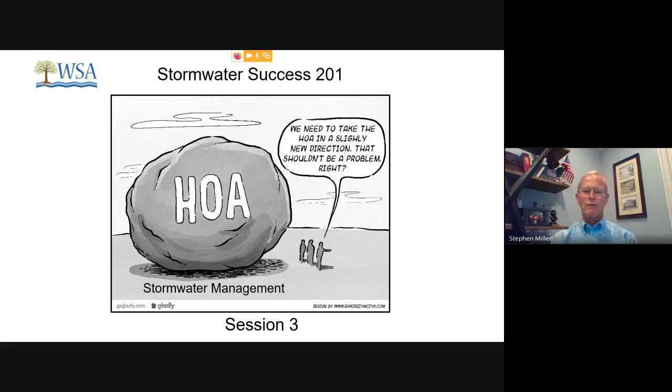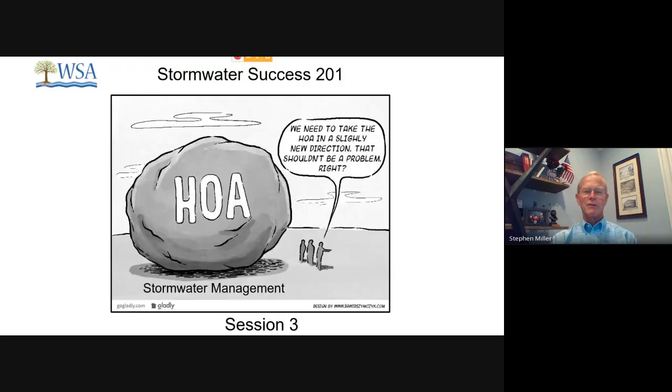I'm just not sure whether or not we will end up posting the notes with that until we go over them one more time. So we're at the final stages now where we've talked a lot about stormwater management. And now, how do you get your board and the rest of your HOA on board in being able to work through some of the issues that we brought up, and more importantly, the budgeting issues that support the maintenance